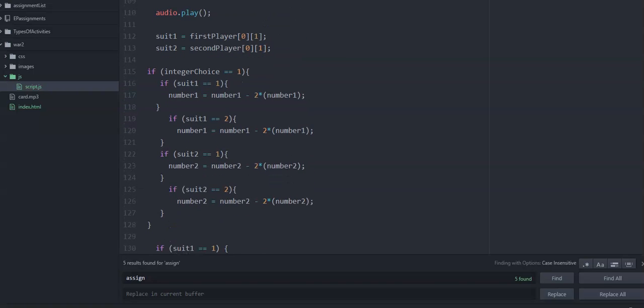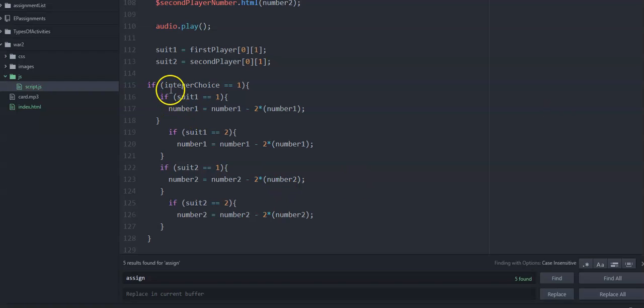Okay, so this is all I had to add for this part. Instead of making a whole new thing, I just put it right in with the other ones and just put a little if thing. Here's where it closes. You can click on it to see the blue underline where it closes. So if integer choice is on, okay. Now if you use the Boolean, you can't just go if integer choice, then this. And I just find that really awkward. My brain doesn't like it. I like a whole sentence. If integer choice equals 1, if it's turned on, then